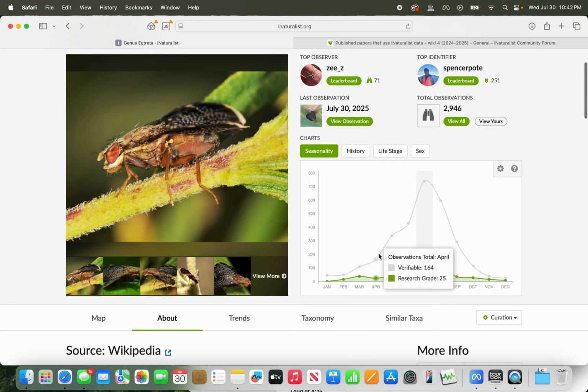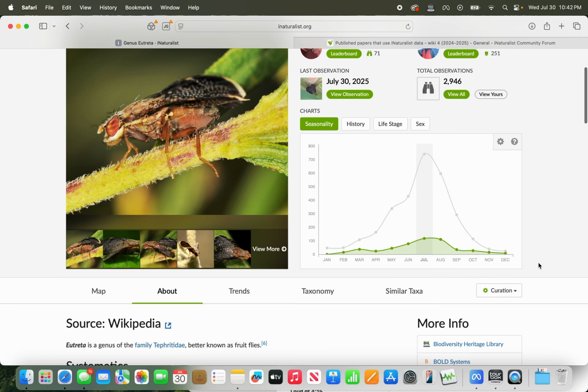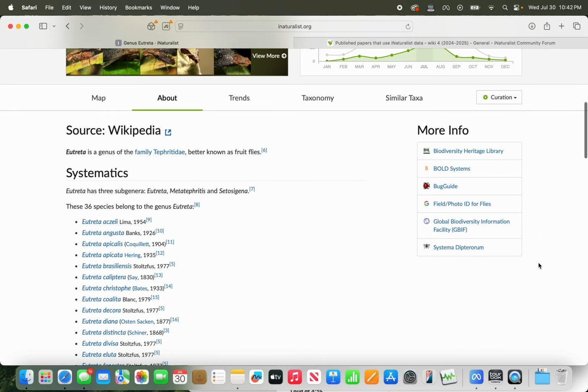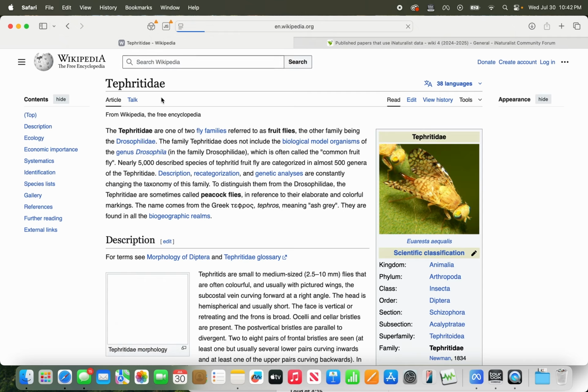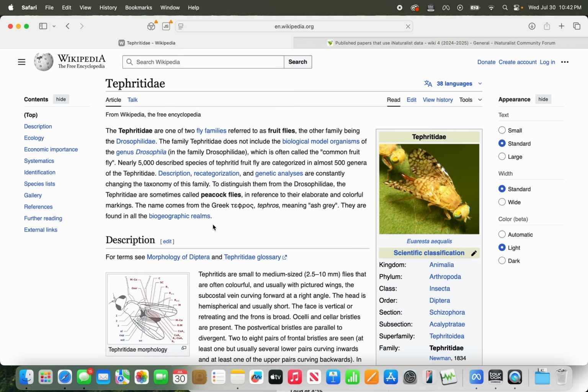So that tells us right away about its kind of life cycle in the year, a little bit at least. The About section takes a Wikipedia entry. In this case, it's not really very descriptive, but you can start going down the rabbit hole. Okay, the family now